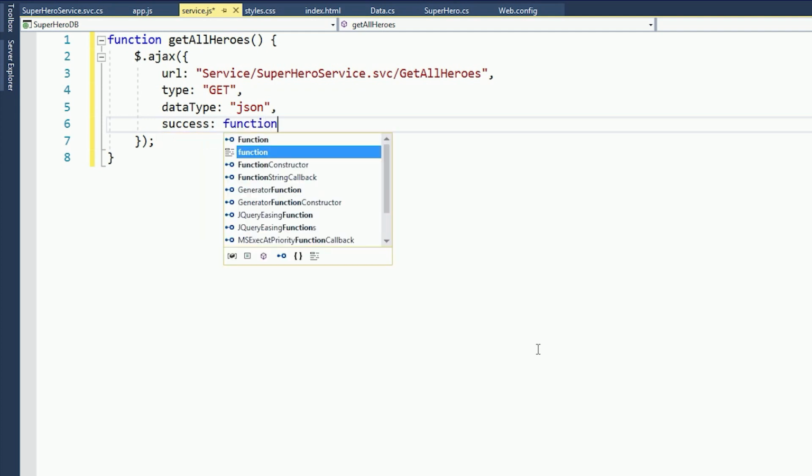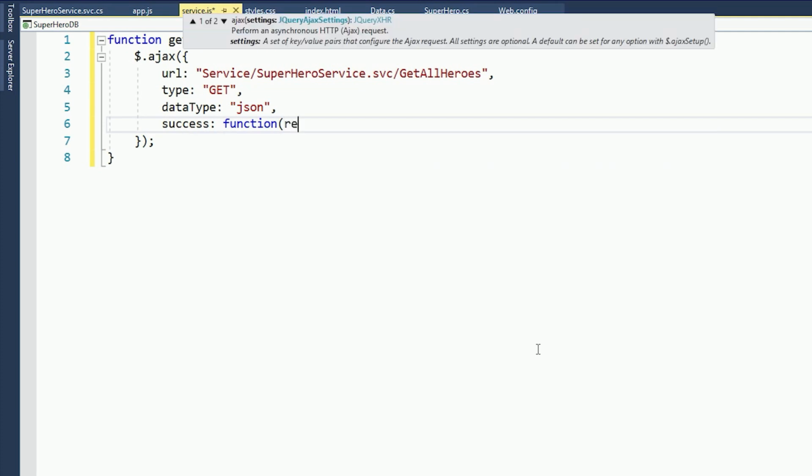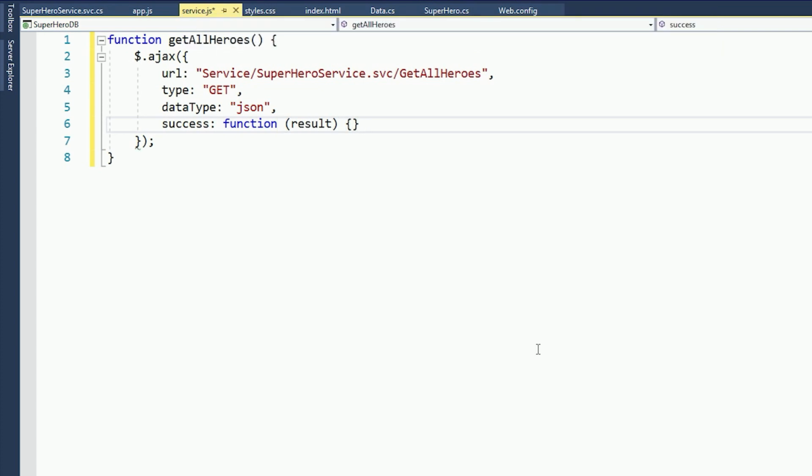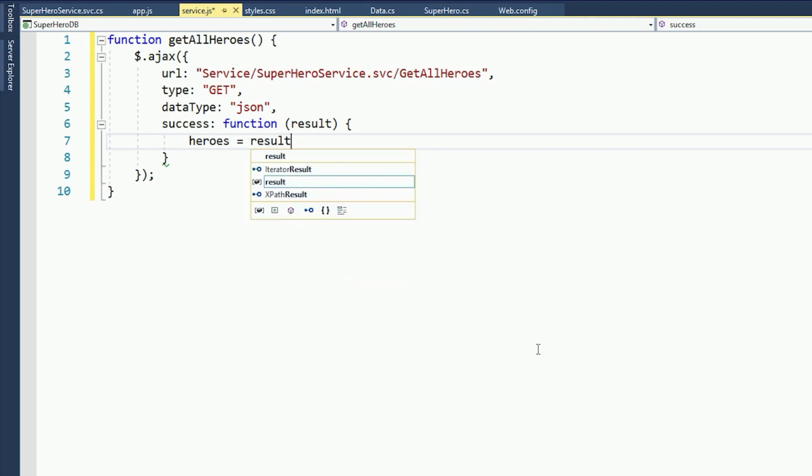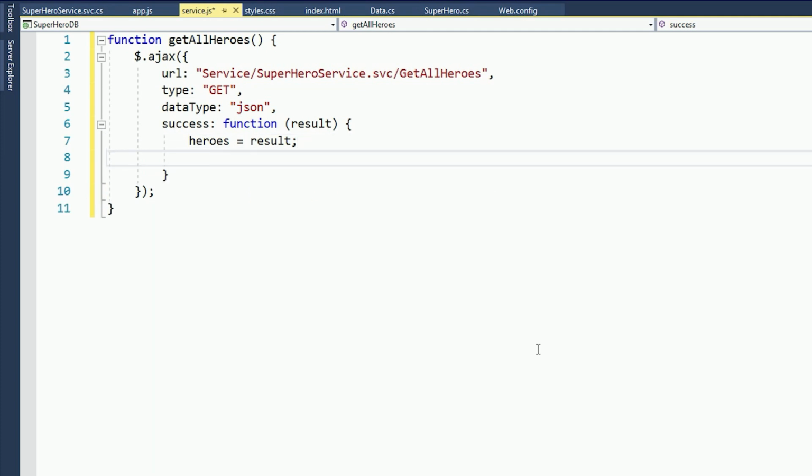Here we add another function that receives the result from the service, and with this result we set our global heroes list and also call the method drawHeroTable with the given result, like that. Okay, these last two steps are possible because the heroes list and the drawHeroTable method are already prepared